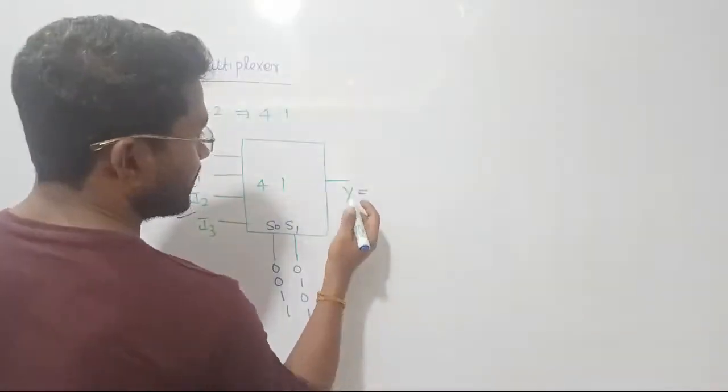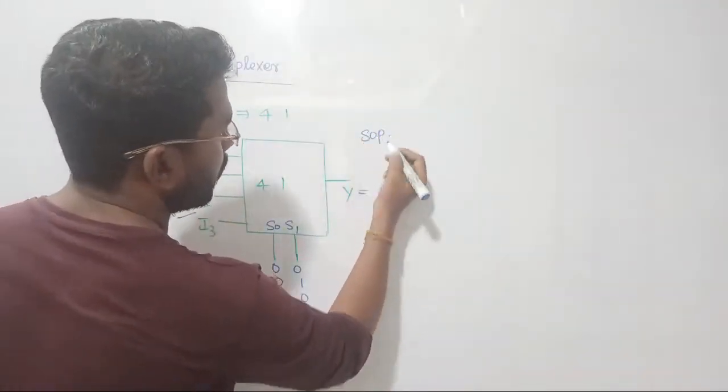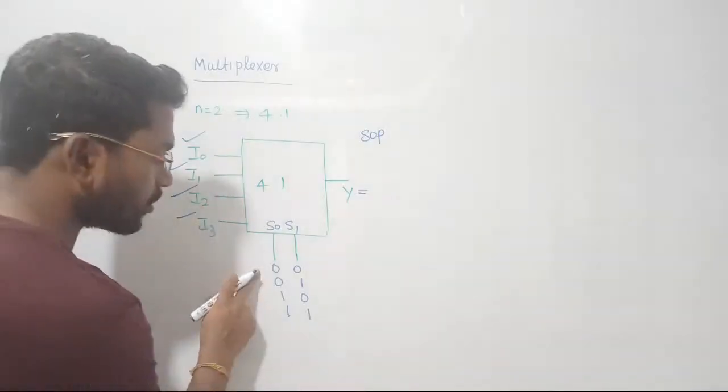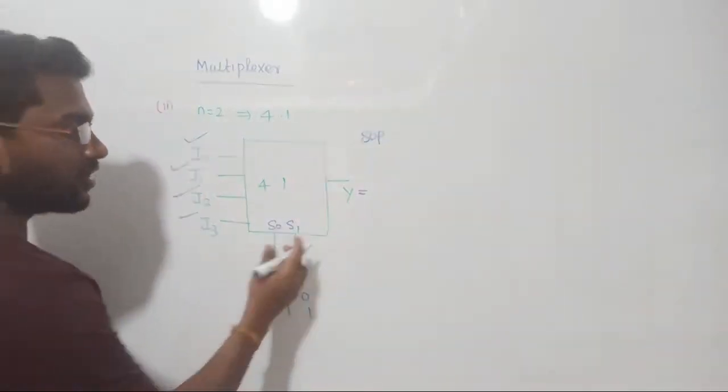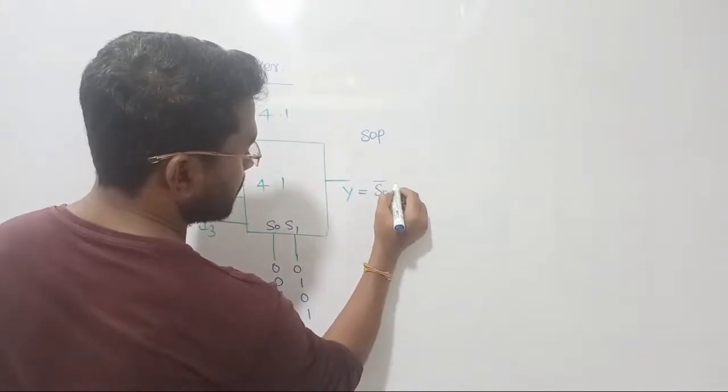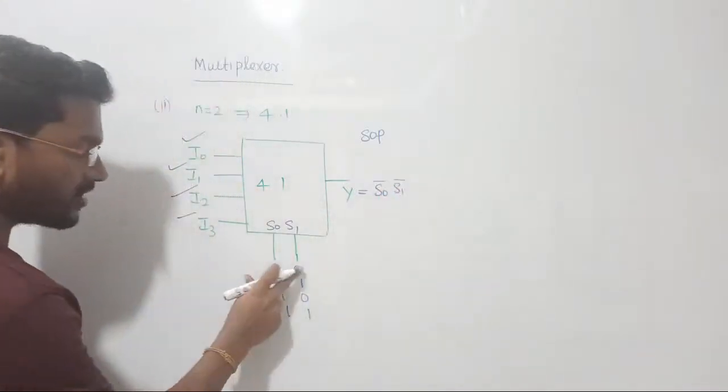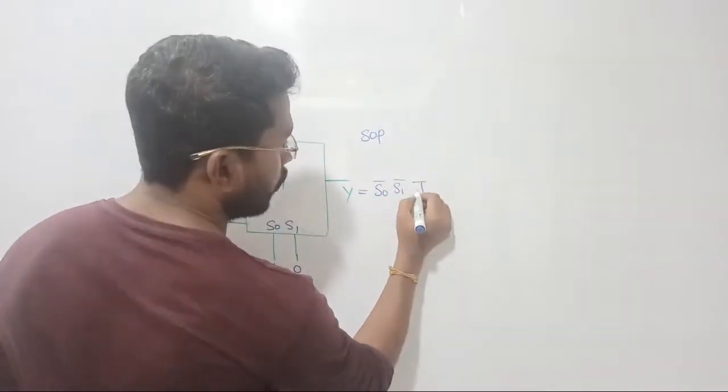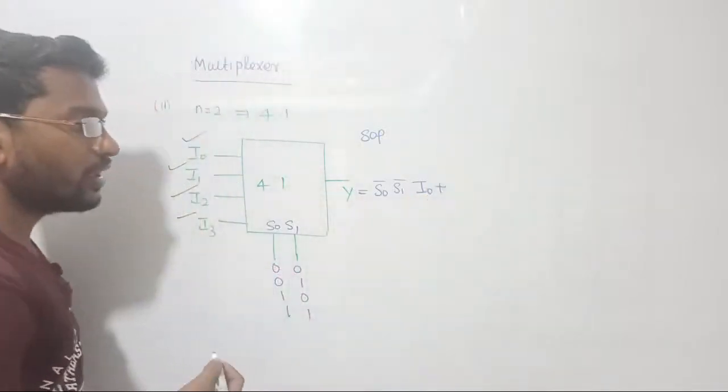So let's write the answer in SOP form. Once again, sum of product form. SOP form in the sense zeros are not acceptable, so we should take complement for them, such that the output is going to be S0 bar S1 bar. When we are giving 0 0, I0 will be selected, so output will become S0 bar into S1 bar into I0,